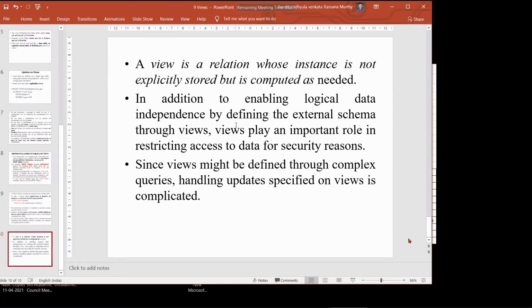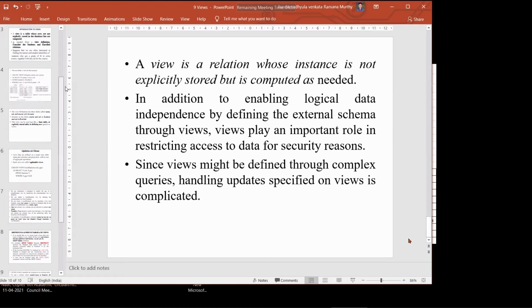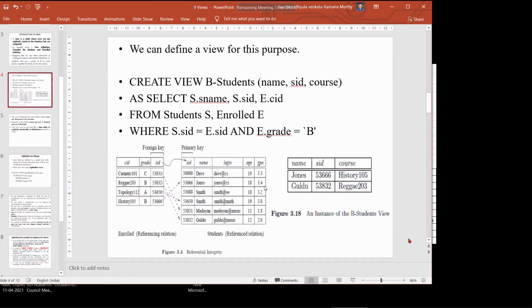Okay, right. Then why are you using this view? The view maintains logical level data independence or external level data independence. It hides what the particular table contains. It hides what the table is containing. In the previous table, the student table has 5 columns, but we are seeing only 2, hiding all the remaining 3 columns.